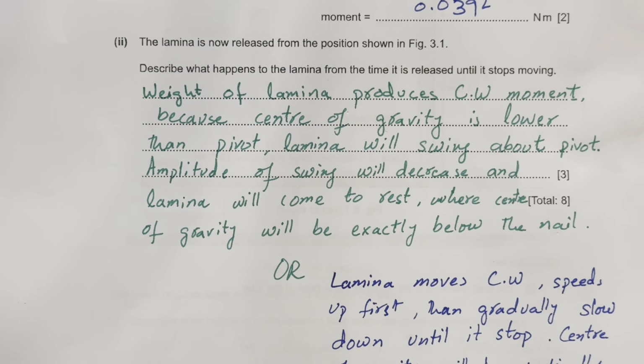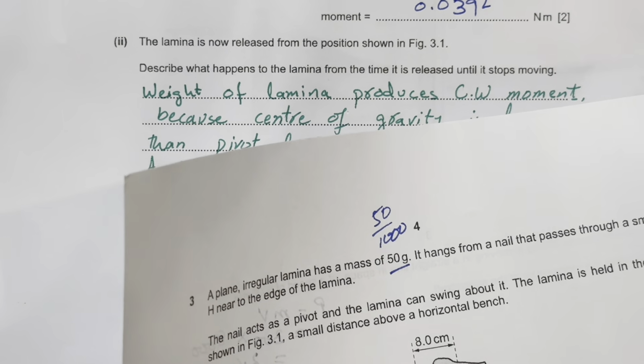Weight of the lamina produces clockwise movement. Because the center of gravity is lower than the pivot, the lamina will swing about the pivot. The amplitude of the swing will decrease slowly and the lamina will come to rest finally when the center of gravity is exactly below that nail. So we can write over here, when the weight of the lamina produces clockwise movement,